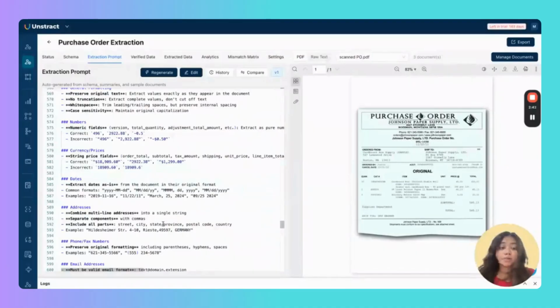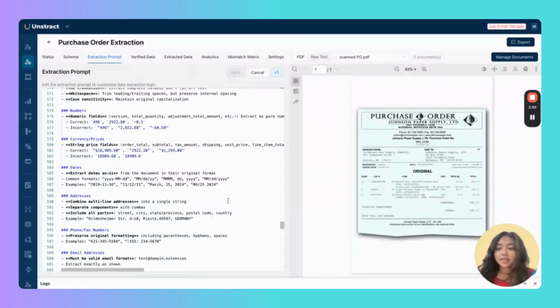So, over here, my prompt is also editable. So, any of these areas, I can edit the prompt in case I want it to be changed. I just have to click on edit. And for instance, let's say that I need to change the format that I get the date in. So, over here, it's written that the document can retain the original format of the date. Now, instead of that, let's say that I want the date to follow the format of the date first, and then the month, and then the year.